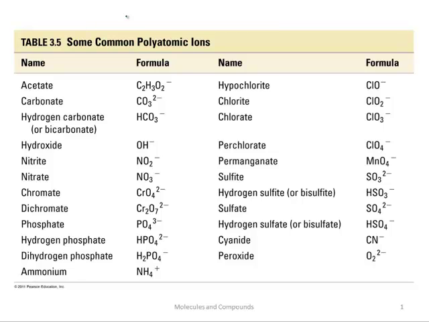Okay, so here's a very good table of the most common polyatomic ions that you'll see in a chemistry laboratory. As you can see, as the name implies, it's an ion with more than one atom. It turns out that all of these polyatomic ions have covalent bonds between the atoms, but overall there's either a net increase or excess of electrons, one additional electron for a -1 charge, or a net decrease in the number of electrons as opposed to protons, and you can see that the ammonium polyatomic ion has one more proton